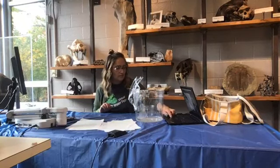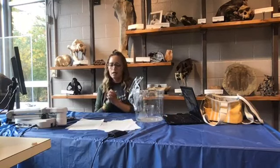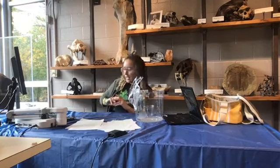I am going to turn on another camera here, so hopefully you'll be able to see this a little bit more up close. So you should have a view of a container there. This is going to be our mini water cycle. So the first thing